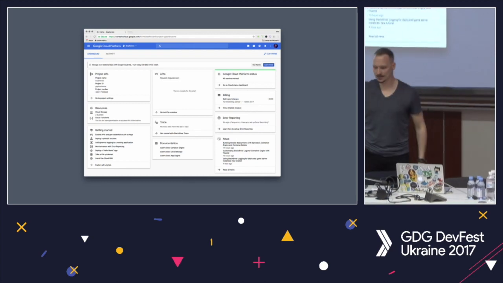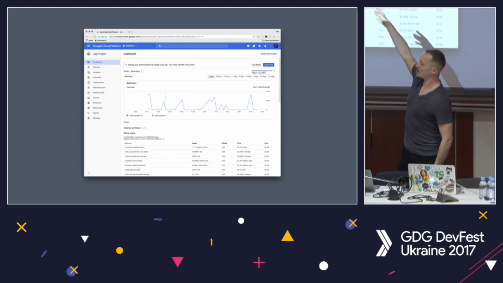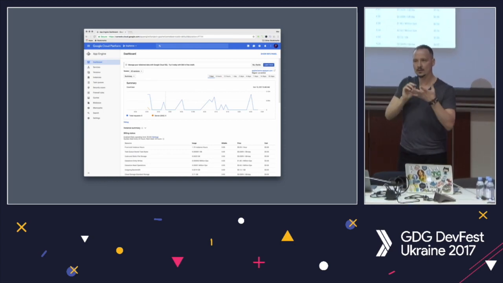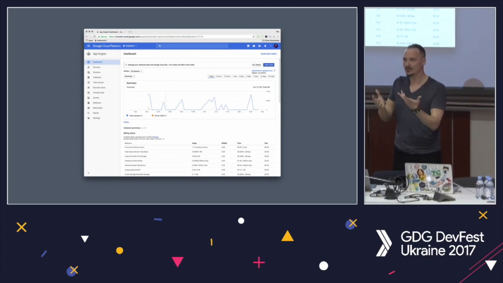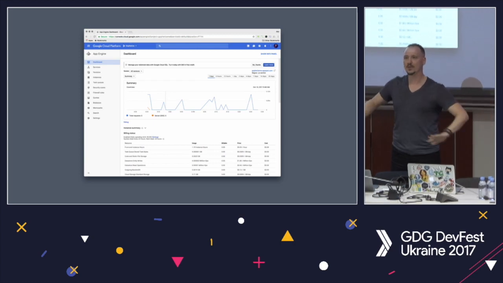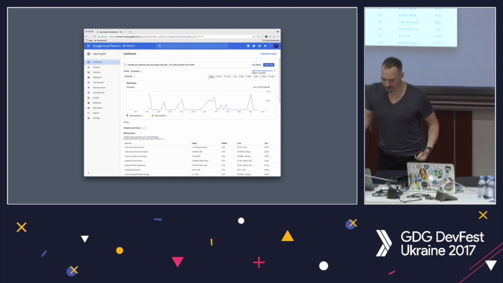So you get a dashboard in the Cloud Console. You can see this is Gopherize Me. Gopherize Me lives on there. If everybody in the room right now went on Gopherize Me, I'm not going to guarantee it, but probably you'll all just hit the site and it'll be there. But if no one's on it at all, there'll be nothing running for Gopherize Me. And it's kind of cool, I think.